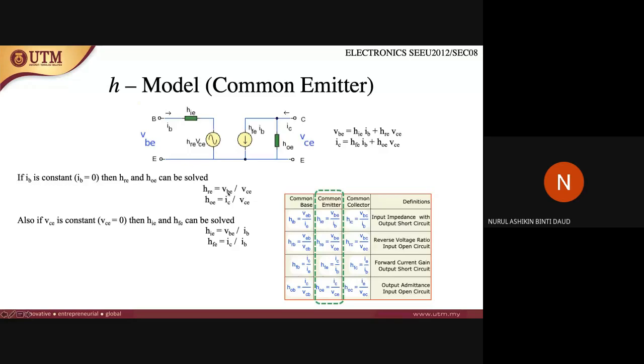There are lots of subscripts for the H model, so it looks very complicated and it's quite difficult for you to understand. This is the technique used before the RE model was introduced. So, RE model,